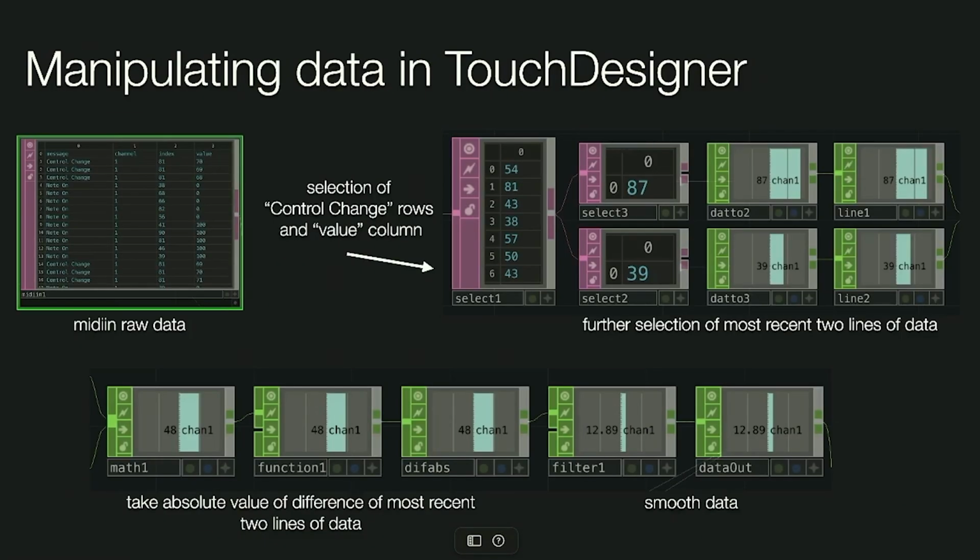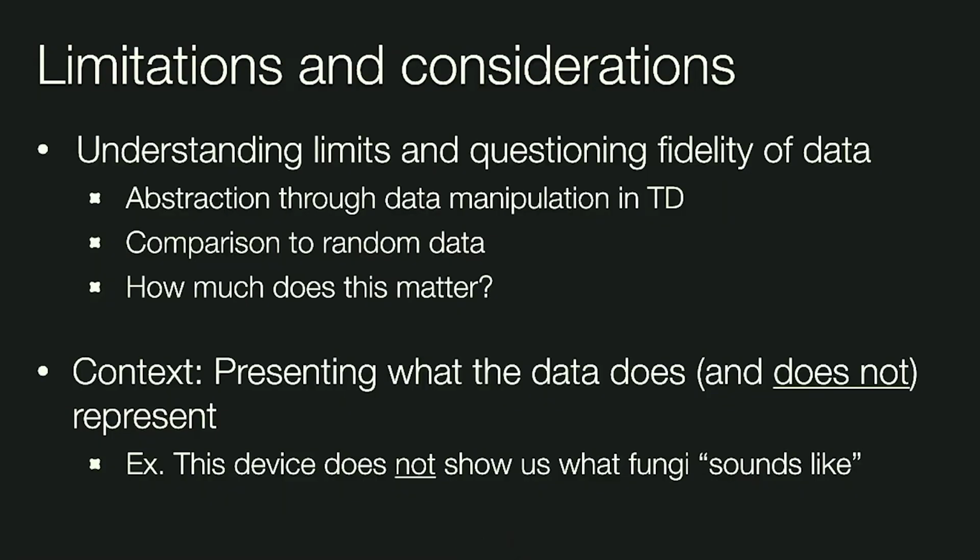outside of the box. And I just put this in here to show that I'm already changing oscillations in electrical current into MIDI data, which is an abstraction of that original data, like an abstraction of what you're actually reading from the living thing. But then I'm doing even more abstraction of that data in Touch Designer to use it appropriately to affect those parameters. But it's kind of brought me to the main considerations that I've been moving forward in my thinking and my work with, which is around